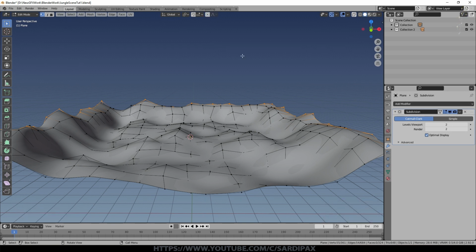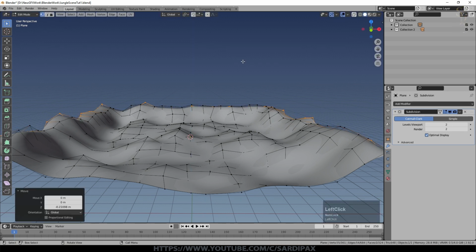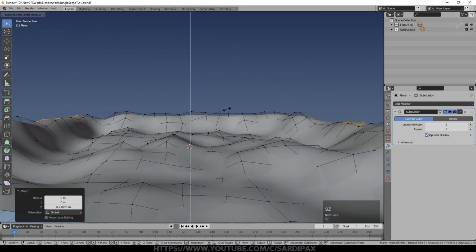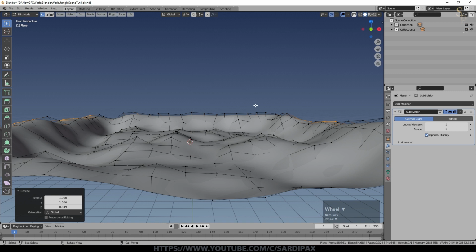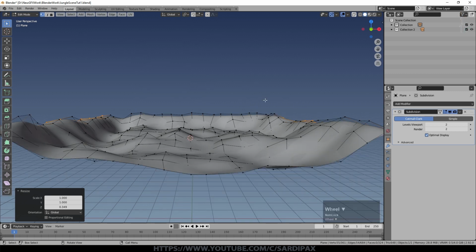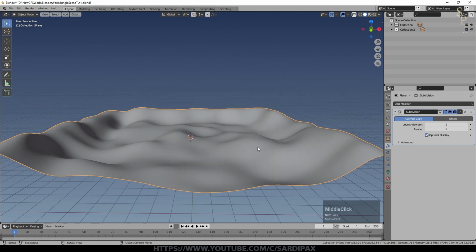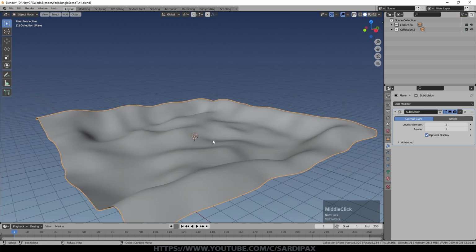Turn off proportional editing and then G Z again, so that we don't quite see from ground level. I'm even reducing the size of the lumps and bumps there by scaling on the Z, so that you don't see the very edge of the mesh. You see a curved edge, and that means particles will be produced and rolled over the edge potentially.